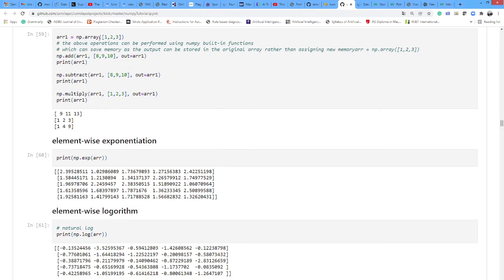np dot array 1 to 3. Here array 1, 890, out array 1. See, array 1 is equal to 1 to 3 and here addition 890, therefore 8 plus 1 is 9, 9 plus 2 is 11, and 10 plus 3 is 13. It will display additions. Like that, subtraction, 8 minus 1,